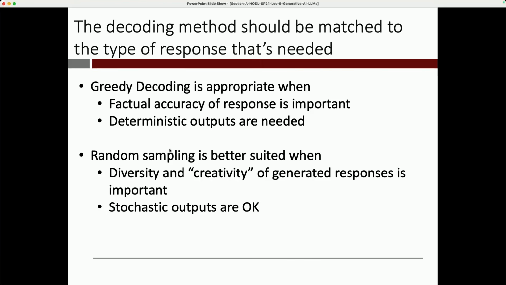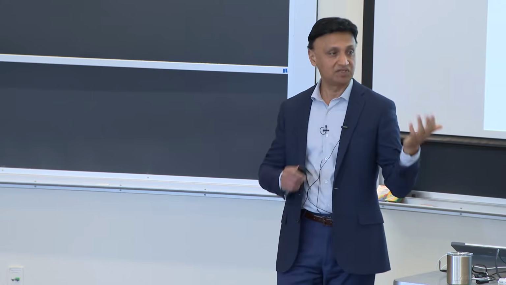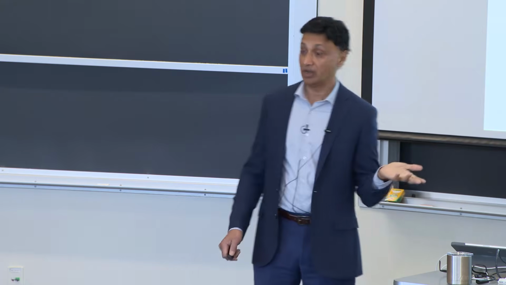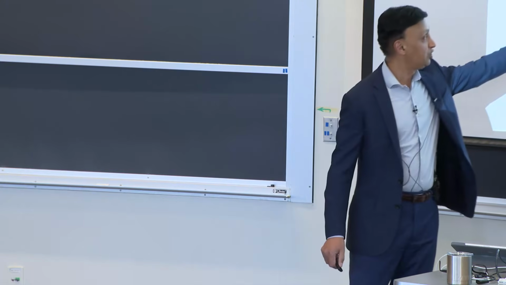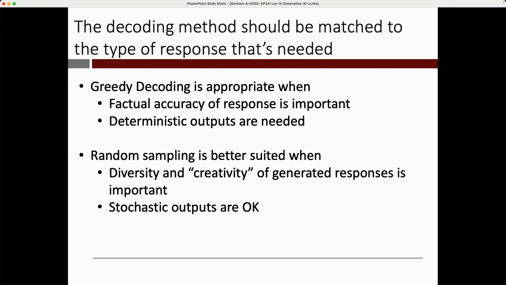If you're doing creative things, like write a poem, write a haiku, write a screenplay, things like that, you do want a lot of creativity, in which case randomness is your friend. You get a lot of different varieties of responses, diversity of responses, all that is really good. The price you pay for it is that you lose determinism. The outputs are going to be stochastic. They're going to be random. The answer is going to vary again and again for the same question. But in many cases, maybe it's okay. You don't care. Okay? So that's roughly how you think about it.